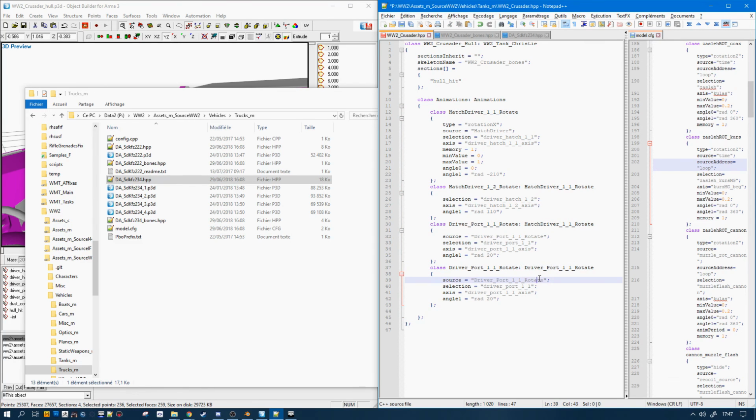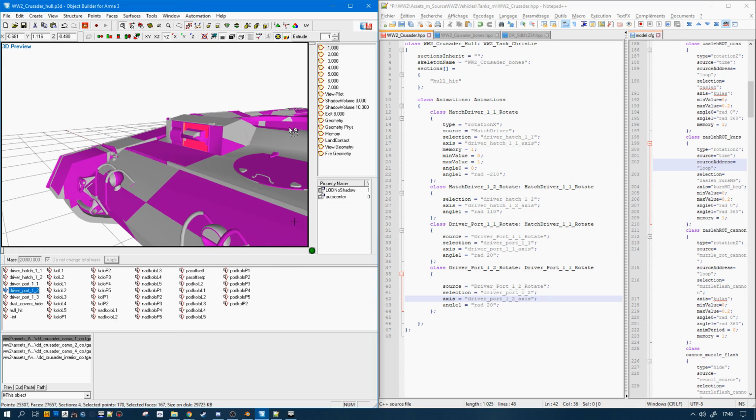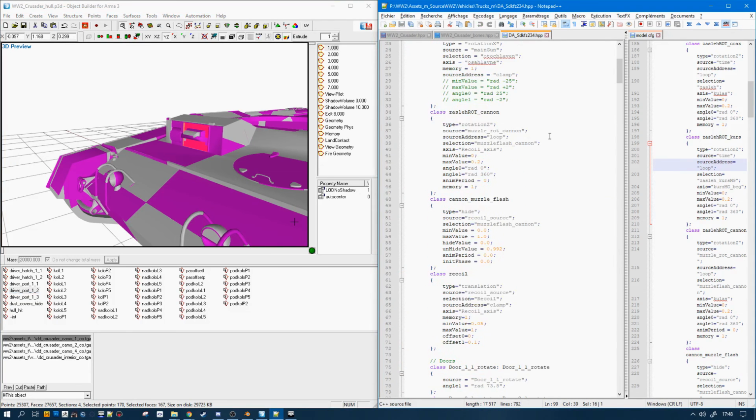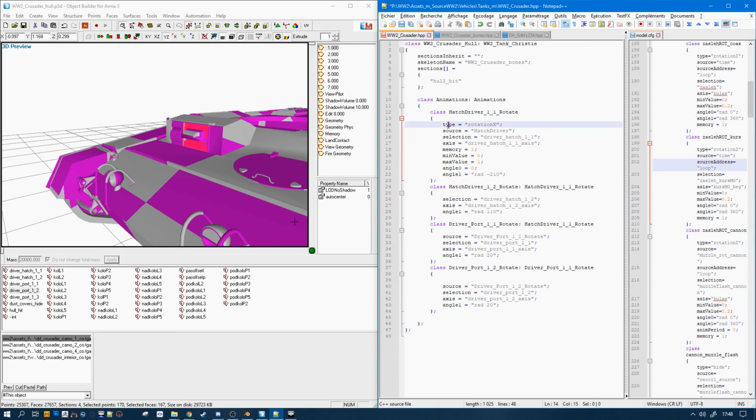And we're going to change the airport 122 to 12. So the number 2 is this one, so the constraint is going to be the same as the turret, so it's main turret Y, rotation Y, and here we're going to put 100 degrees.